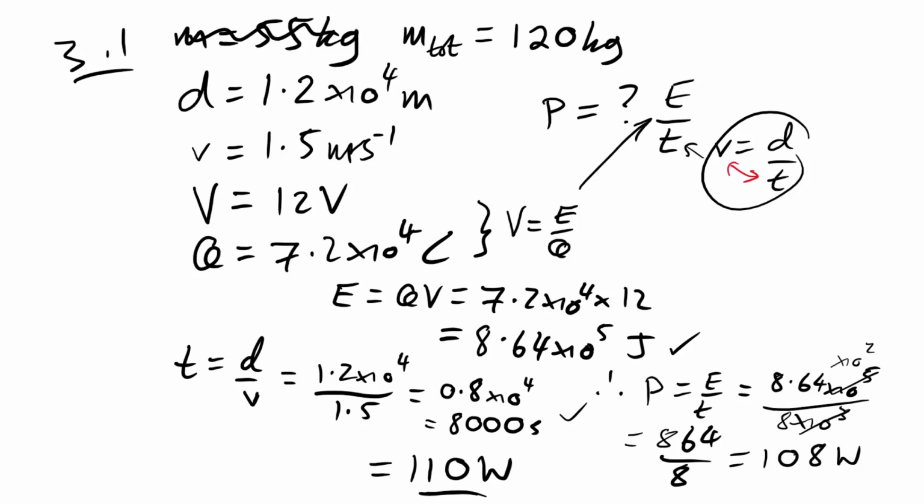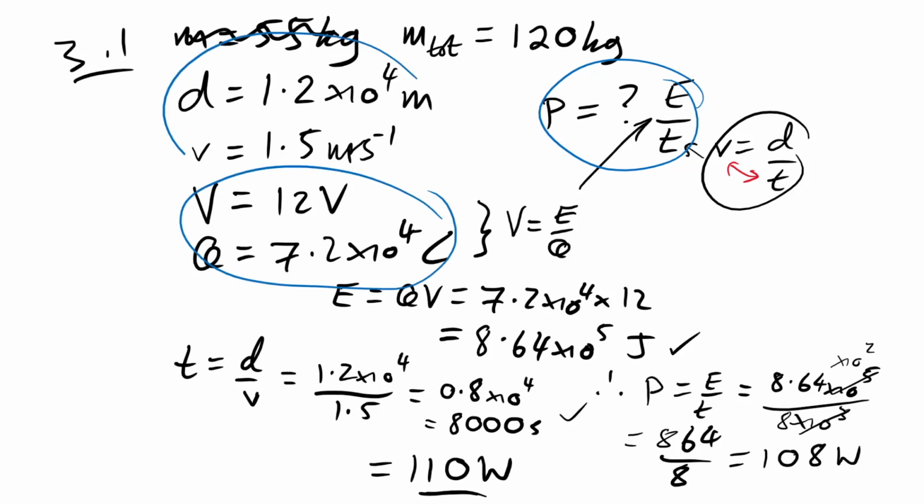So a question with lots of different data, lots of different variables. We're being asked to find something. What did I do first? I wrote down the equation for the thing I wanted to find, and then I had a look at the data I had, figured out what I could find out with those things, and see if those things fit into my first equation. Just a matter of keeping cool and maybe having a bit of a play to see what you come up with the data that you've been given, and then things will start to click.